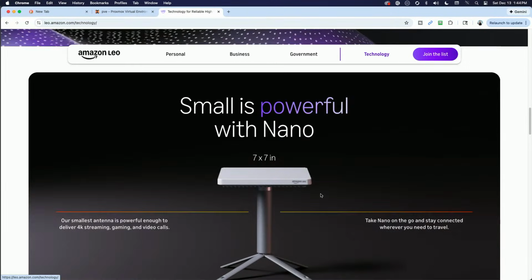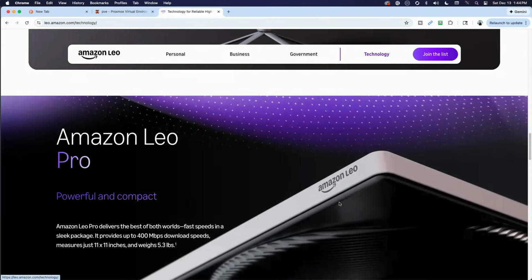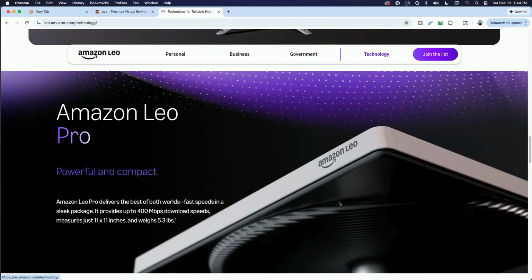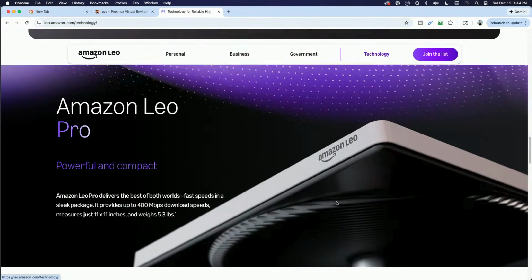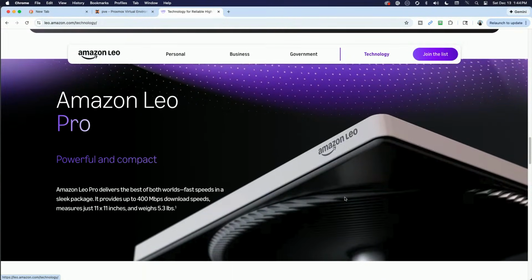And there's another look at it there. I don't have any pricing on it yet. It's currently the highest level, the Ultra, I believe, being tested currently in Enterprise, but their middle of the line is the Amazon Leo Pro.